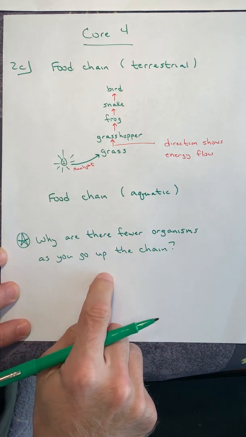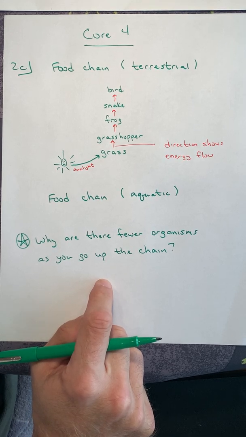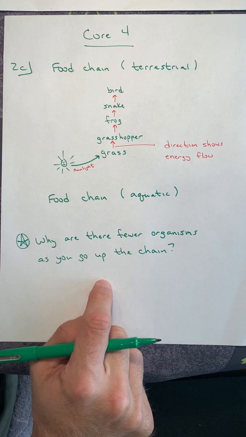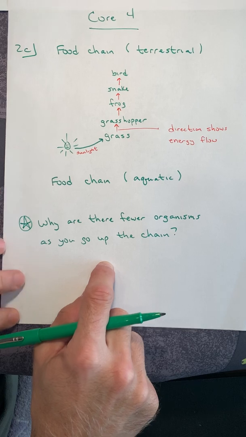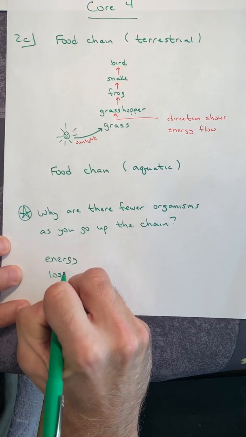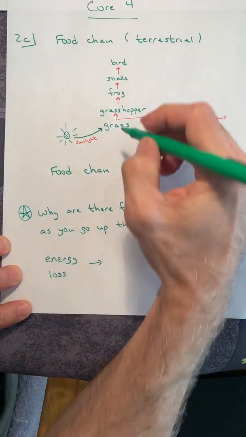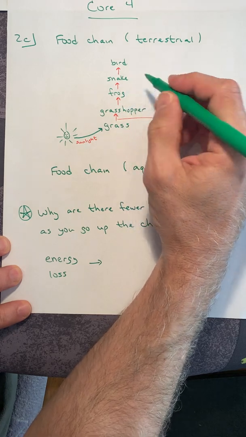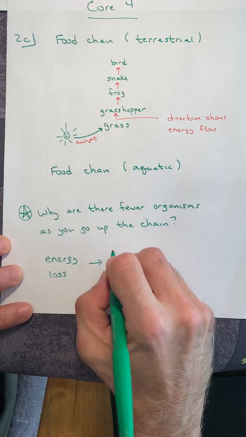This is really important. Why are there billions of plants, but then only millions of ants, and then maybe tens of thousands of pigeons, but only like 30 hawks in an ecosystem? Why? It's all about energy loss. The transfer of energy is actually very inefficient. Only 10% of the energy is transferred from each level. It's 90% loss to heat loss and inefficient digestion.